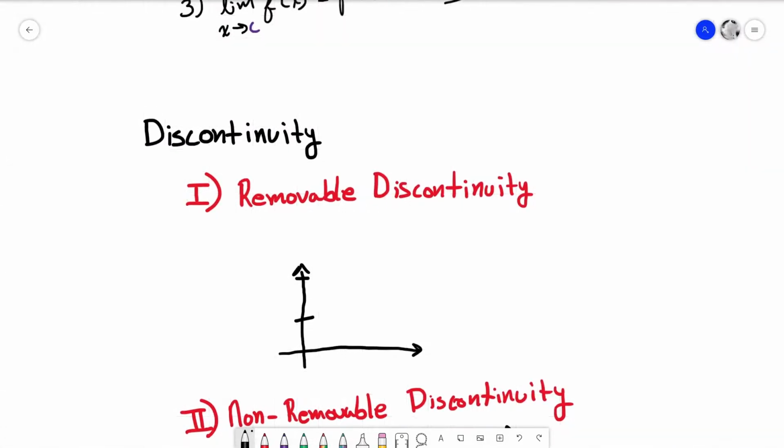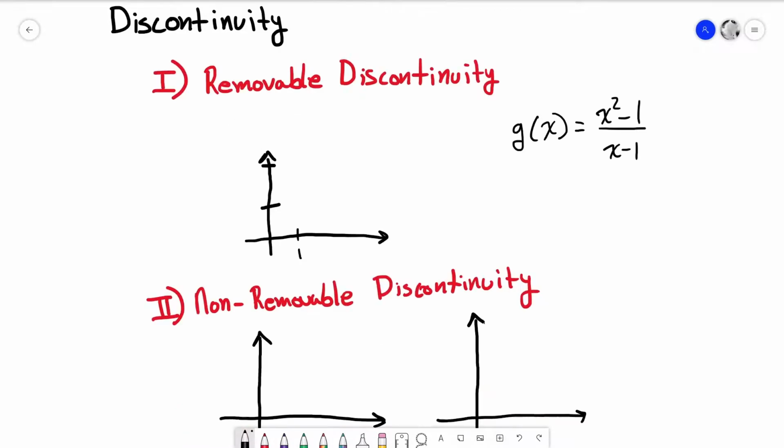We can have something that's called a removable discontinuity. So if we go back to the example of the function f of x equals x squared minus 1 over x minus 1, as we saw above, that is a linear function that is undefined at x equals 1. If you're trying to find the limit of this function, so the limit as x approaches 1 in this case of g of x,